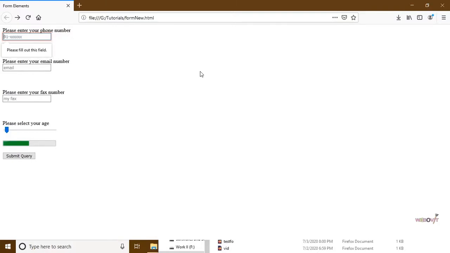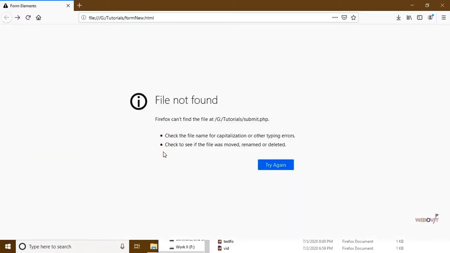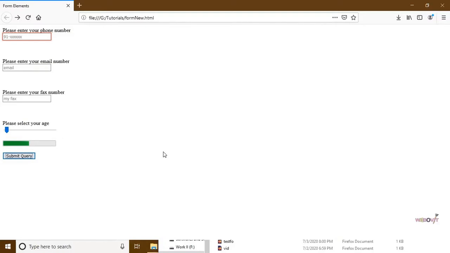So now as I change it, as long as the format is not matching, it will stay in a red color. As soon as the format is matched, it will become blue and you can submit the form. So this is the way you could make some validation using